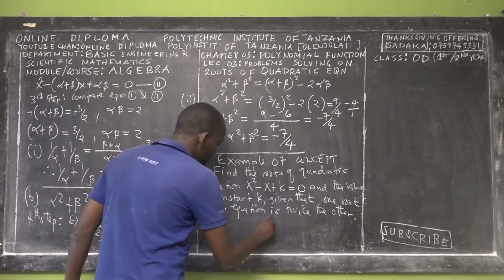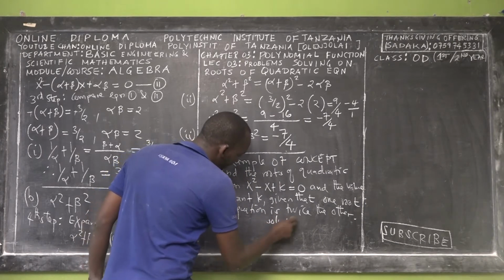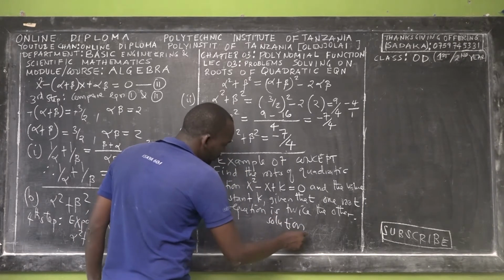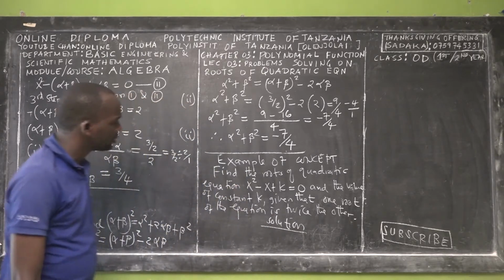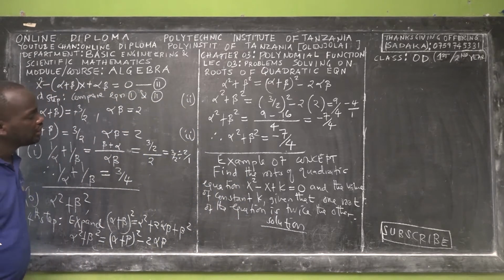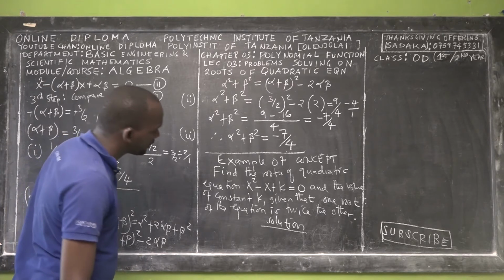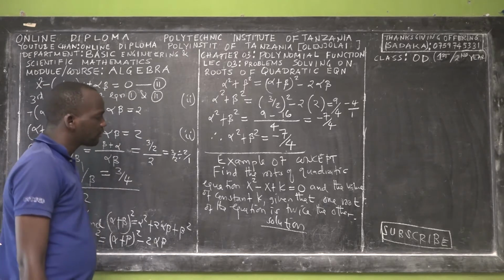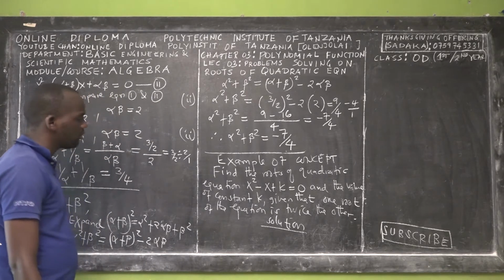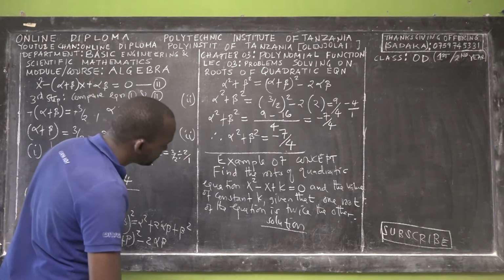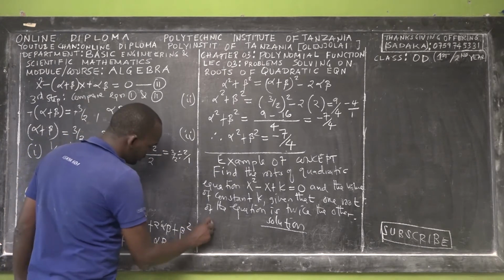So, solution: you can pause the video and try to solve it yourself on graph paper, and then you continue. Find the roots of the quadratic equation x squared minus x plus k equals 0, and the value of the constant k, given that one root of the equation is twice the other. So, first step,